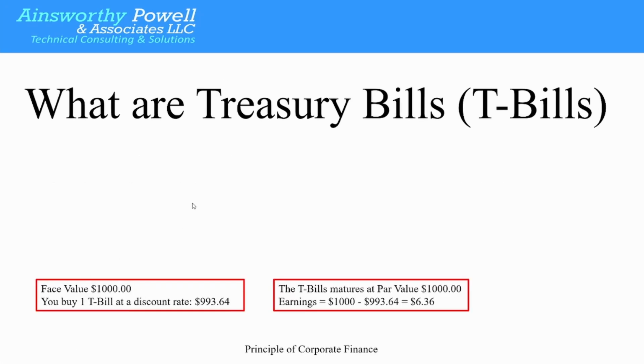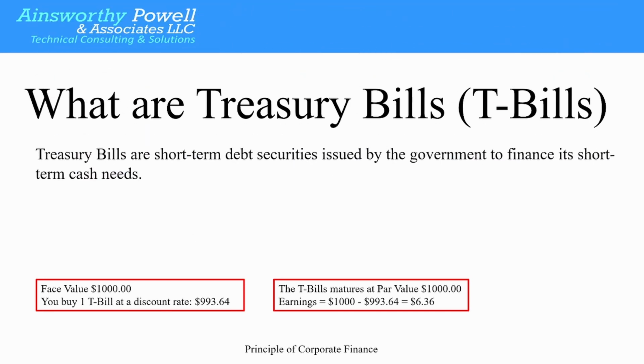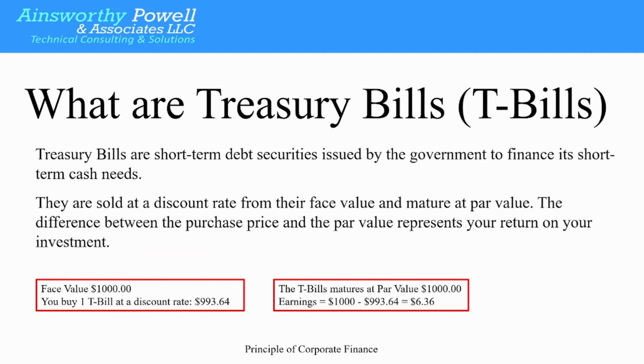All right, let's take a look at what Treasury bills are. And we said Treasury bills are short-term debt securities issued by the government to finance its short-term cash needs. What that means is this is one method or one source the government uses to raise funds. If it needs funds to, say, fund its programs or infrastructure such as roads and so on, it issues T-bills, basically borrowing money from you, the public, and then pays you back at the end of a term along with interest on top of it as you're earning.